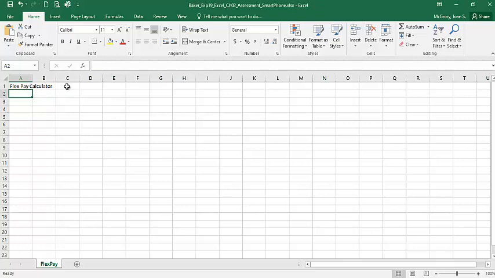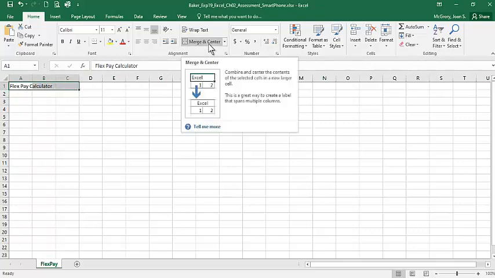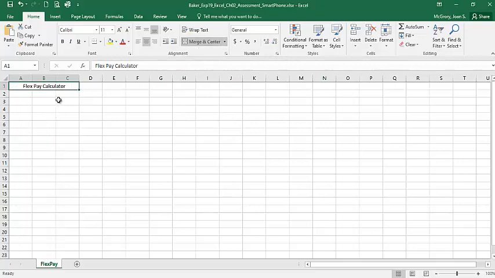So from my book, and if at any point I'm confused about how do I merge and center, I need to go back to my book because it's searchable. But I'm going to select this, A1 through C1. On my toolbar, merge and center. Voila! So I have that merged and centered, but I'm still in step 3 because it says apply bold,